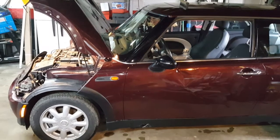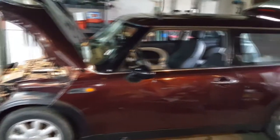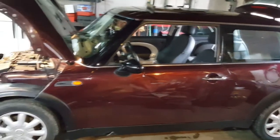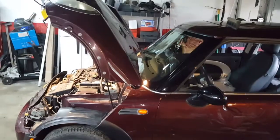Hey everybody, I have here today a 2003 Mini Cooper that I actually got really cheap. Believe it or not, about $650. A couple of things that were wrong with it: the battery was missing, the windshield was cracked, and it